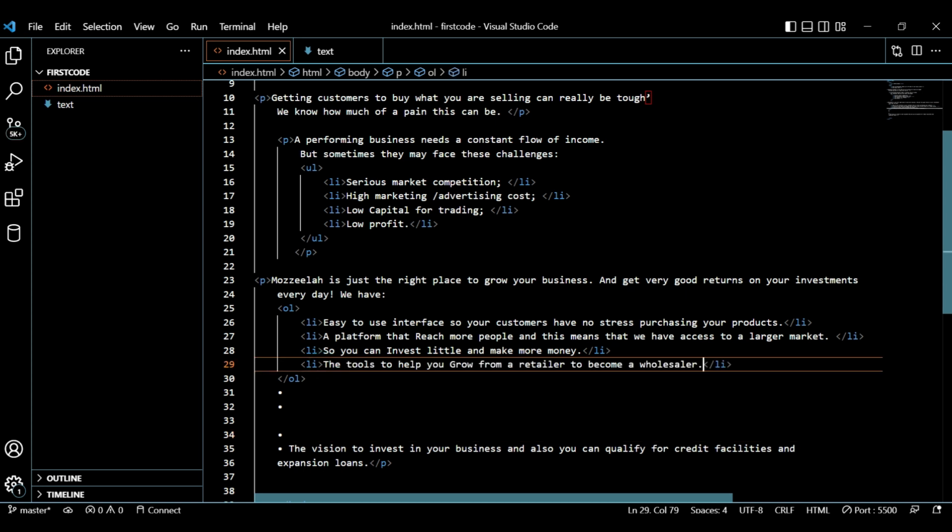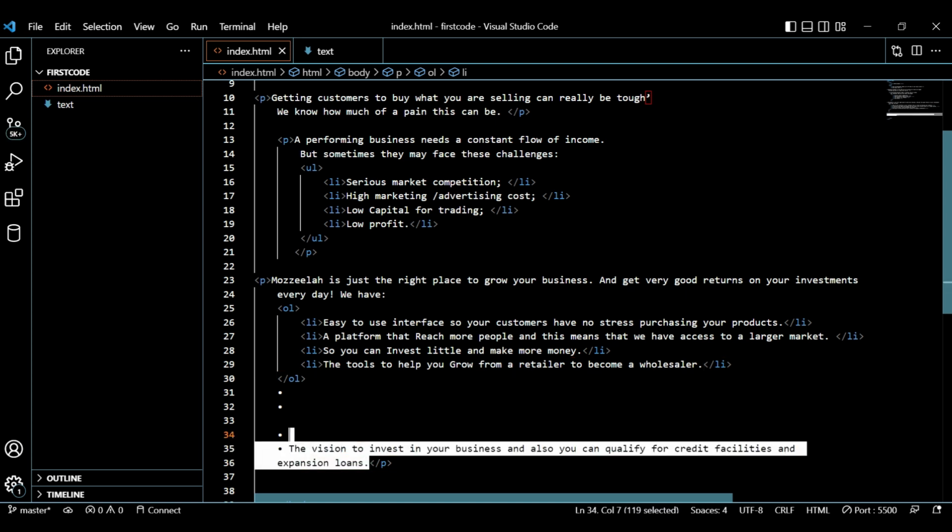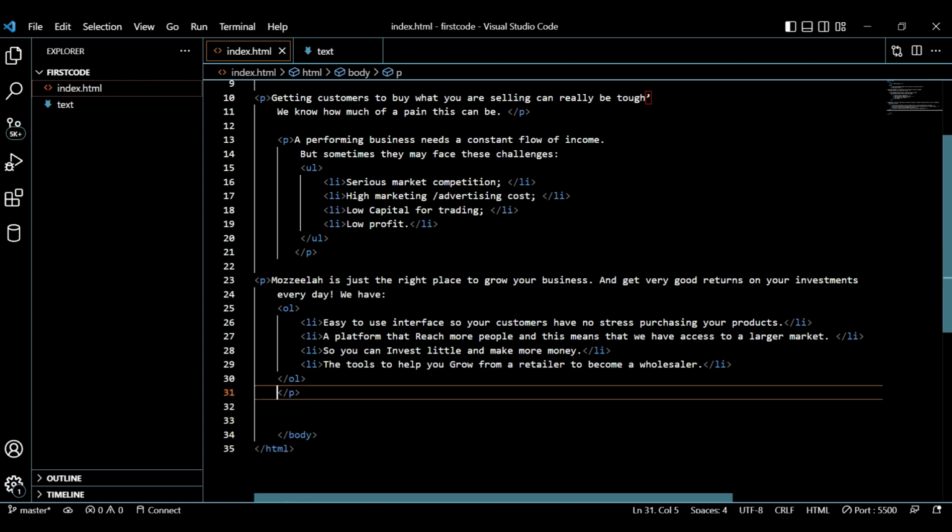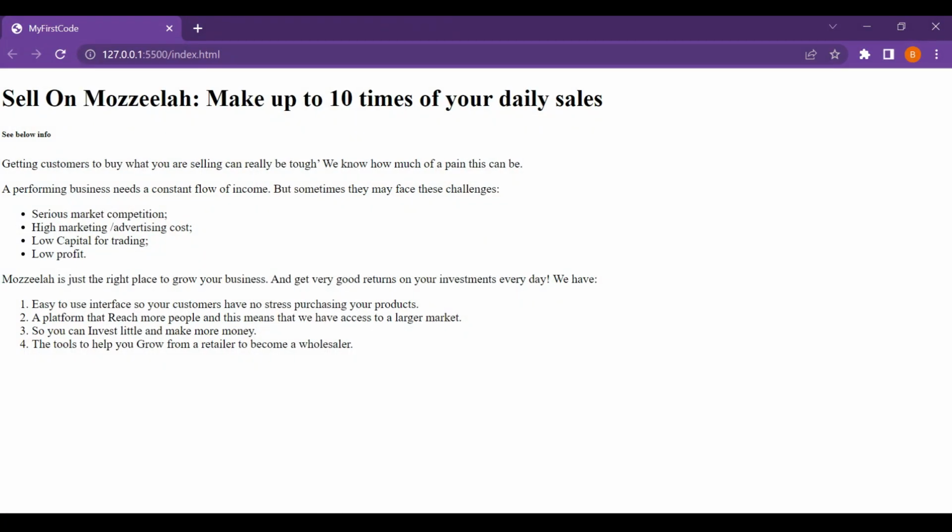Okay, I think this is enough. Let's take this out, we don't need this. So let's go back and see what we have done. This is looking better, right? Now there are still some other tags which we could use, and let's see in this section